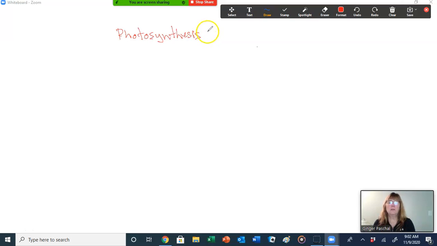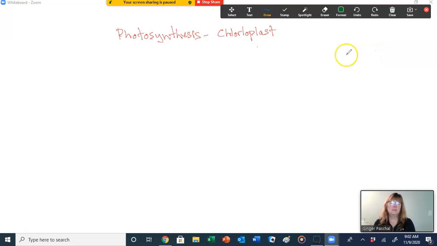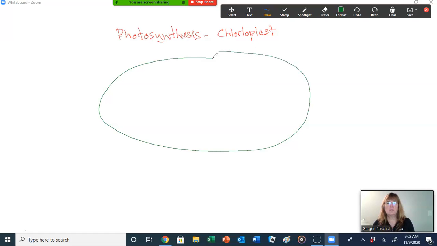And we're going to talk about the organelle in which photosynthesis takes place. It's called the chloroplast. So what we're going to do is we're going to first draw a chloroplast, and I'm intentionally picking the color green. So in your picture you need a nice big oval,